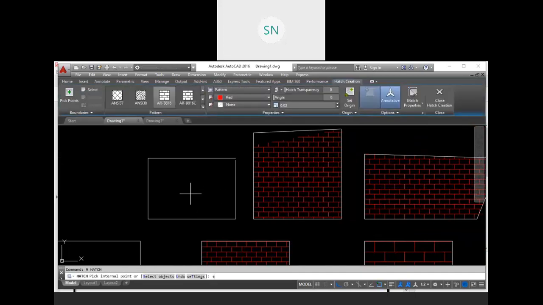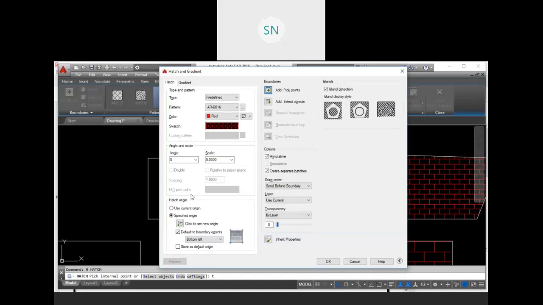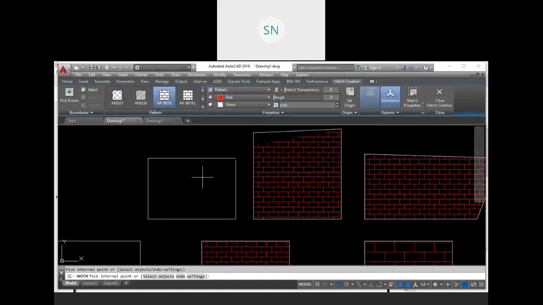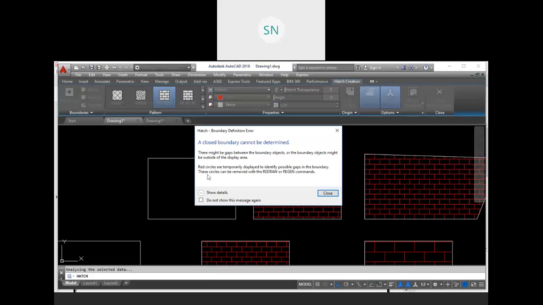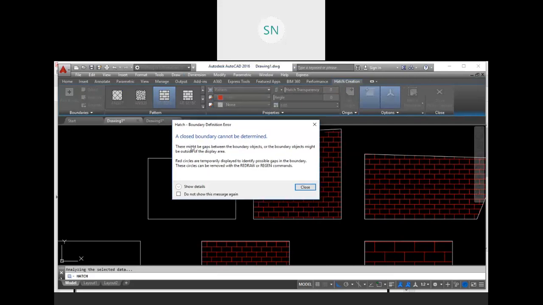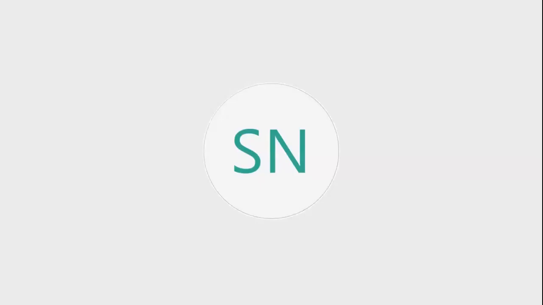Hatch setting, and add pick points and click over here. See, we have one notice that a closed boundary cannot be determined. That means we do not have closed boundary, and this thing may happen sometimes. It is not necessary that AutoCAD will show you.